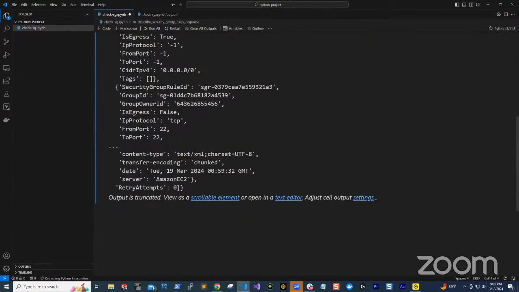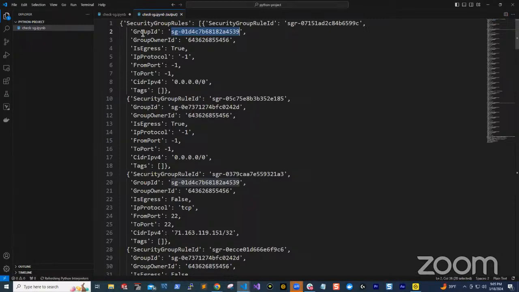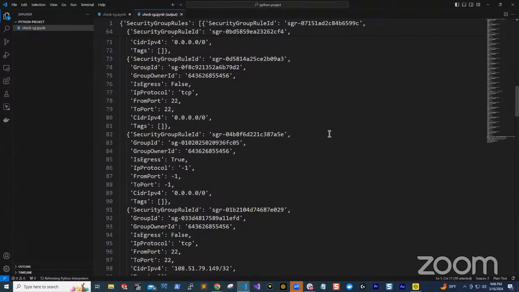So the next thing we are going to do is, first, we need to filter. We need to start going into this data. So the first thing we are going to do is get the value of this rule. So when we run this to get the value of this rule, you guys let me know if you understand what's going on. Because this rule, right, if you scroll all the way down,